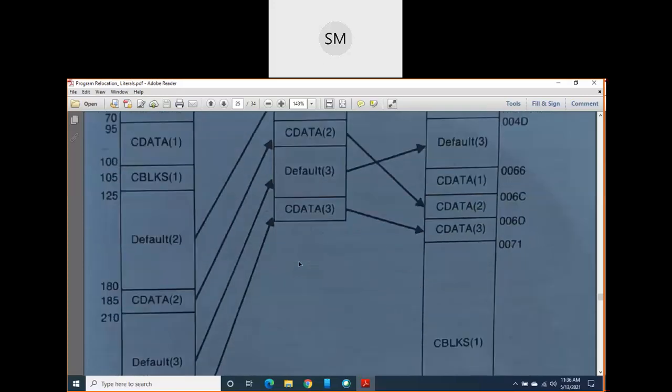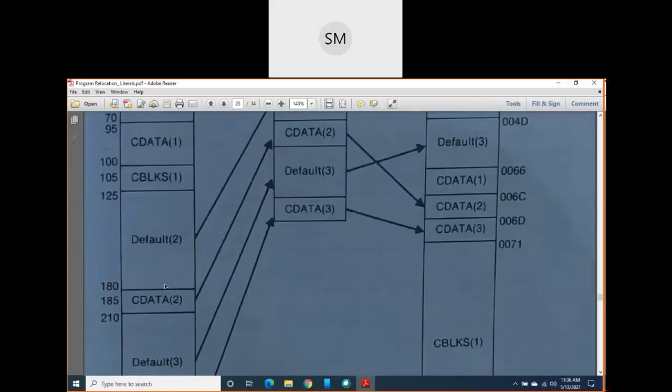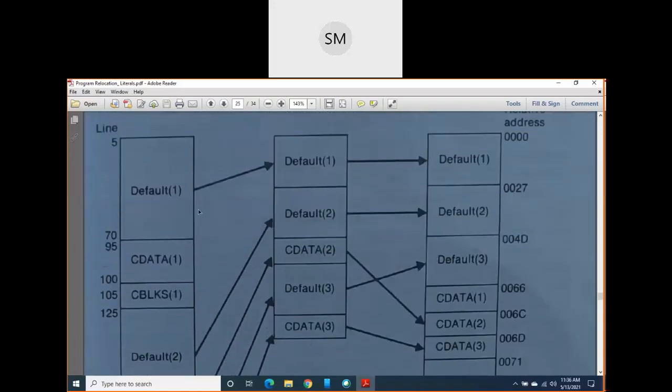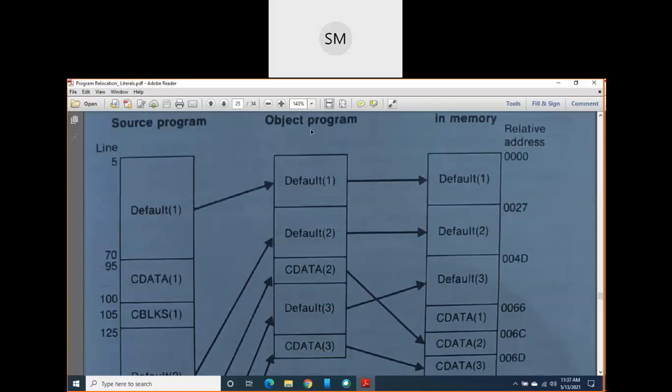Are you observing the difference between the appearance or existence of various program blocks in your source program and the sequence or order of these various blocks which appear in your object program? So all these things will be done by the assembler by using the assembler algorithms, what I just explained to you, pass 1 and pass 2. Okay, so by using these algorithms, the assembler will rearrange all these things, and the object code will be in this order or in this sequence.